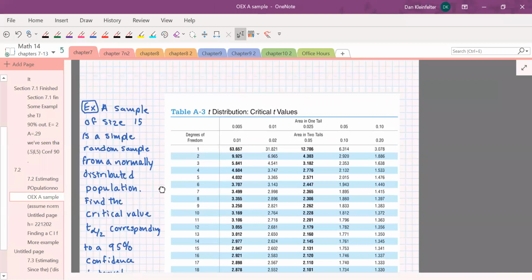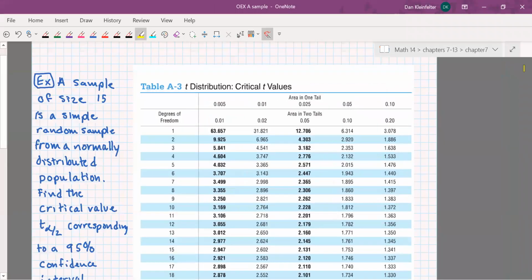All right, so the next thing we want to do is practice reading the table. The structure of the t-table is different from the z-table in a couple of ways. As I mentioned, for one thing, it depends on something called degrees of freedom, which is 1 less than the sample size. The other big difference is that the z-table had cutoffs on the margins of the table, and the middle of the table was areas. This one, it's backwards. Along the top row of the